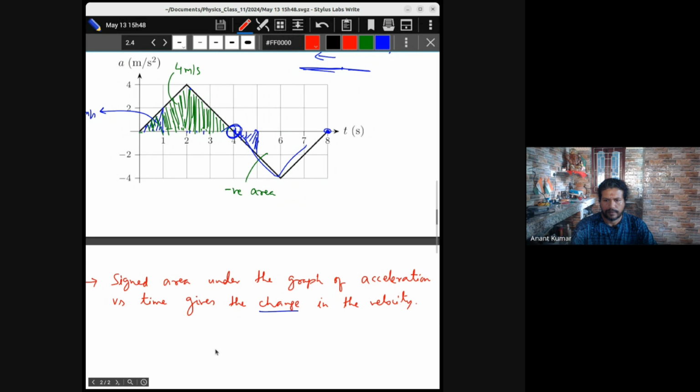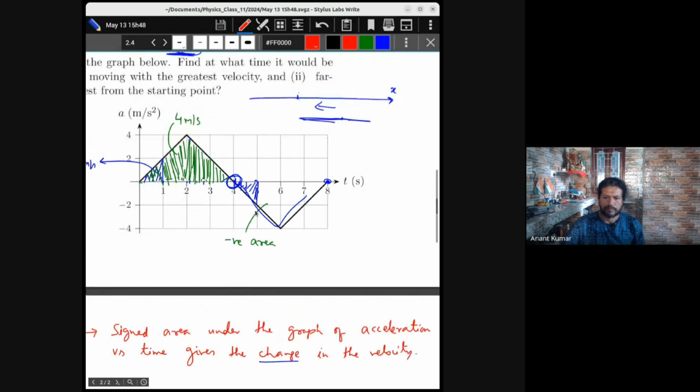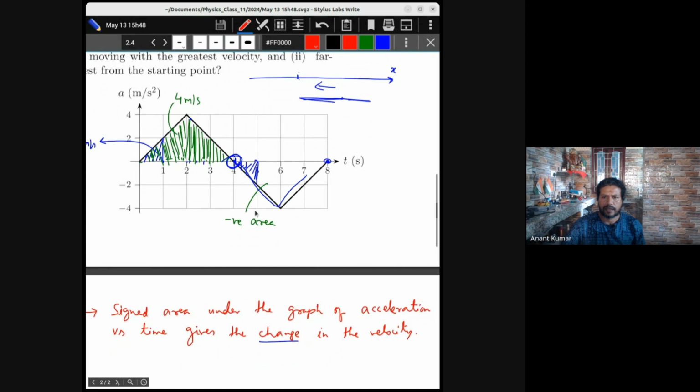अच्छा, जस्ट टू, आई मीन जैसे ये पिछले वाले प्रॉब्लम में अगर हम लोग वेलोसिटी वर्सेस टाइम फाइंड आउट करना चाहते हैं, कैसे फाइंड आउट करेंगे? यहाँ तो मुझे वेलोसिटी के लिए बस पूछा था कि कहाँ पर ग्रेटेस्ट है, बट सपोज करते हैं मुझे पता करना है कि एज अ फंक्शन ऑफ टाइम वेलोसिटी क्या है, हाउ इज द वेलोसिटी वैरिंग विद टाइम।